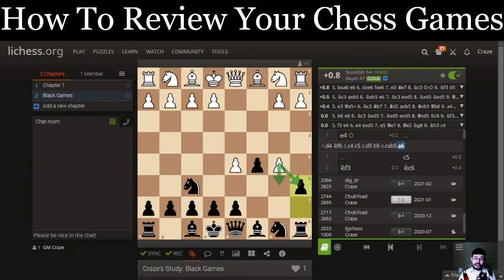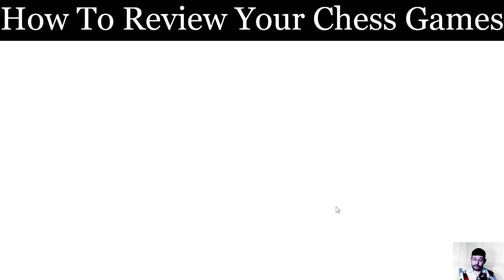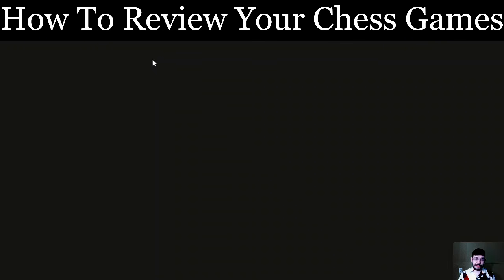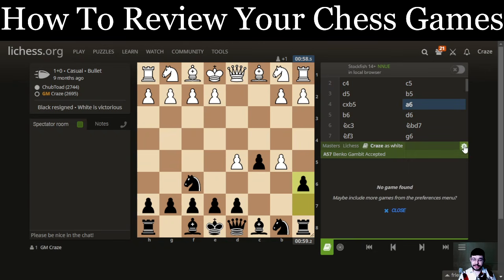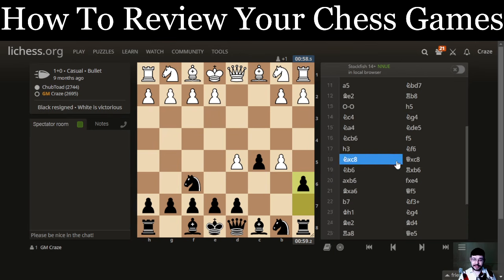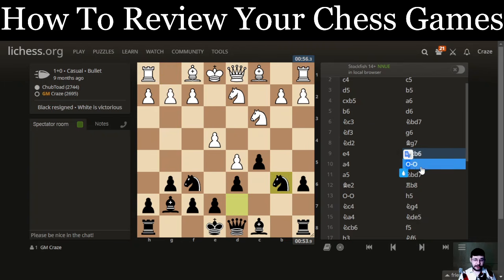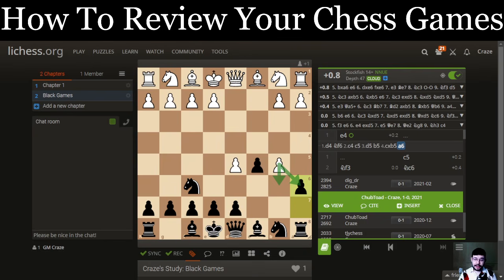Also, at one point, if you do want to just look at the game that you played, let's say if you just want to review this loss, what you can do is click on the game, and then it gives you these options of view, cite, insert, and close. If you click on view, it's going to open the game in a new tab where you can see all the different moves and so on and so forth. I just close this tab for our purposes, and you could play through the moves and review that way. Personally, I like to have it all in the study, because